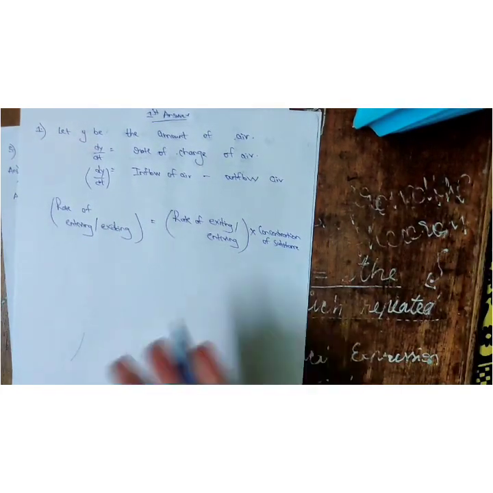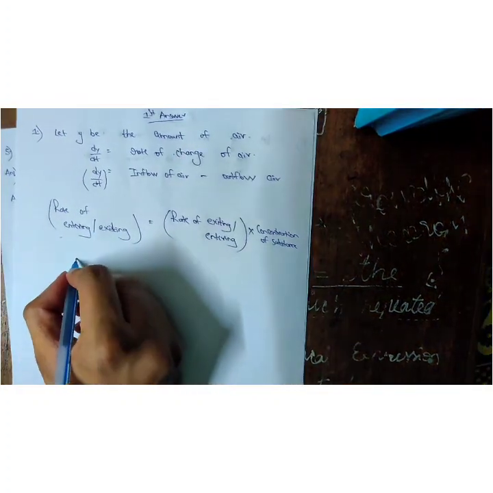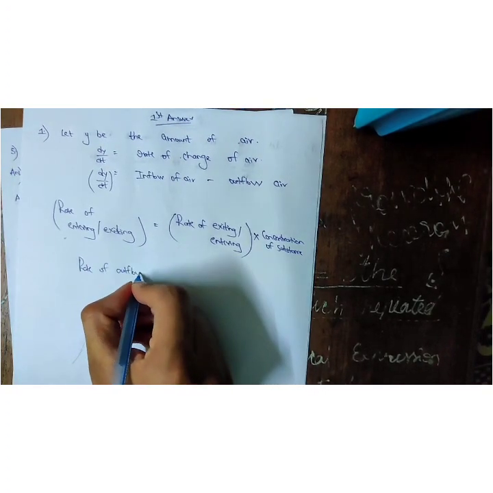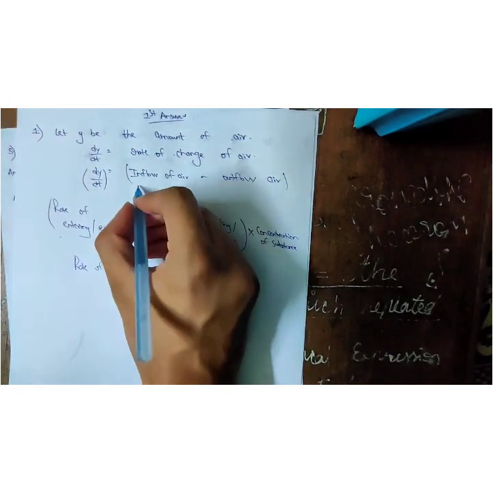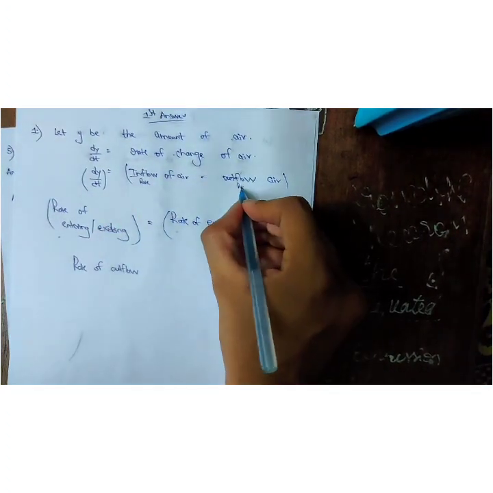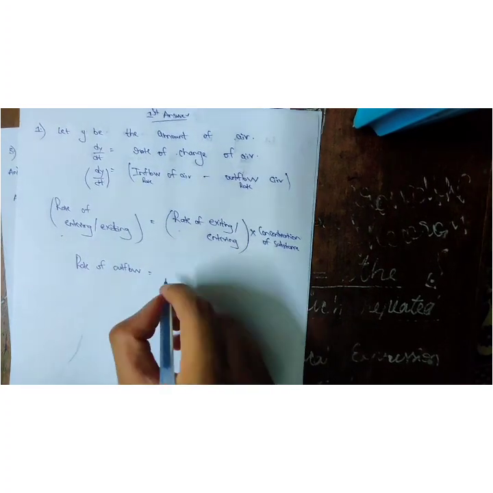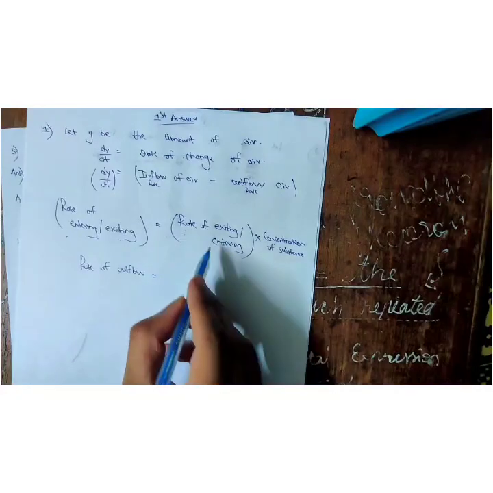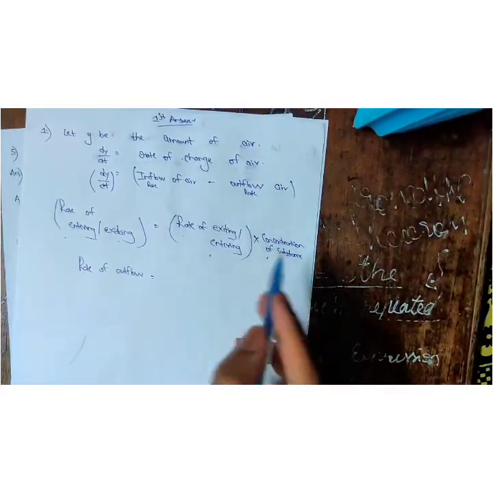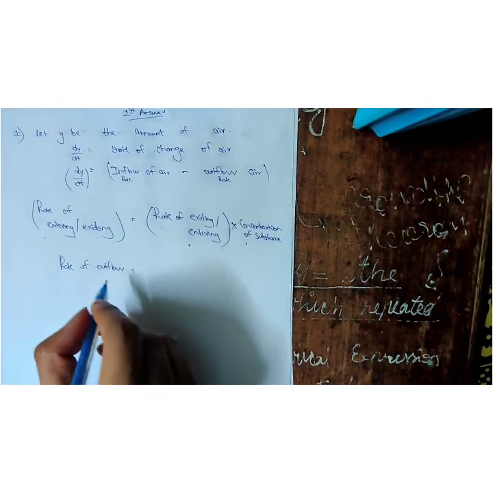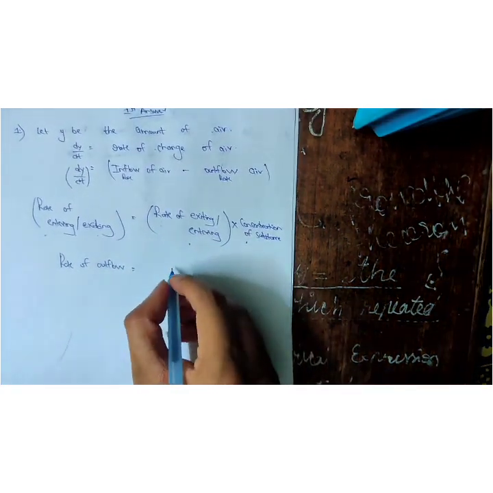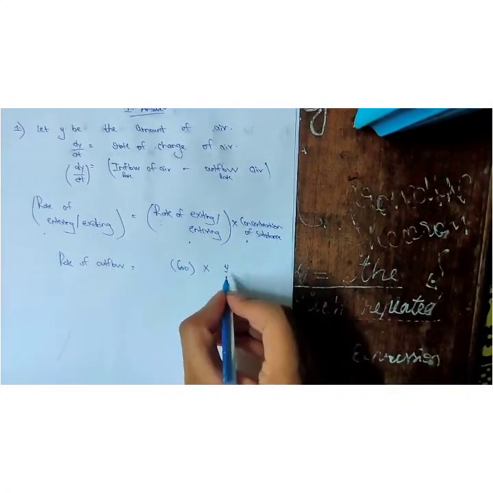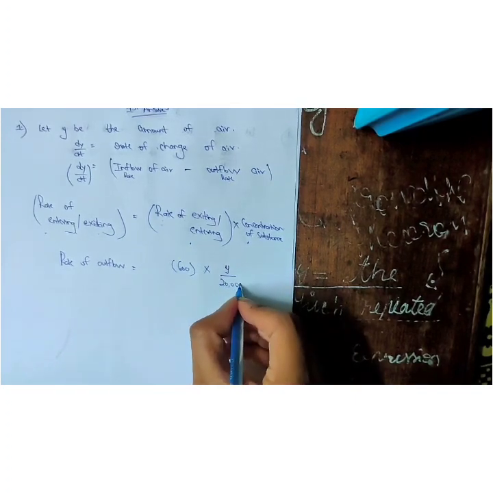In this case, what is the substance? We all know it is the air. So now rate of outflow, here this is rate, guys, inflow rate minus outflow rate. Don't forget that. If you get confused, rate of outflow is equal to rate of inflow, which is 600, into concentration of substance, the amount of air divided by total amount of air.